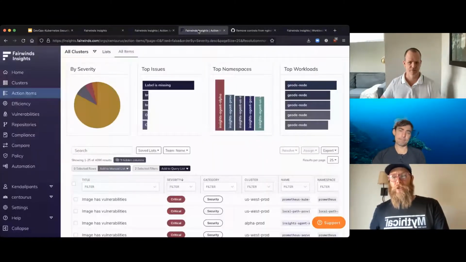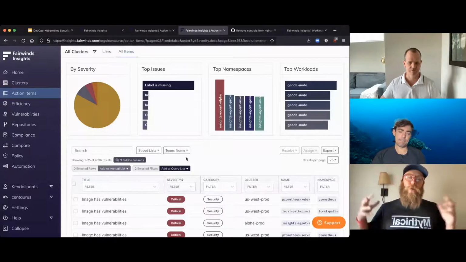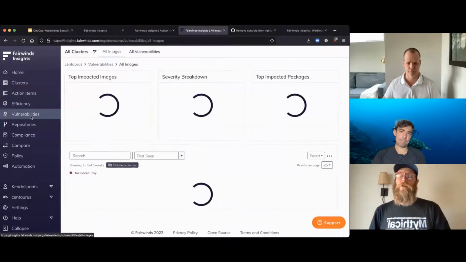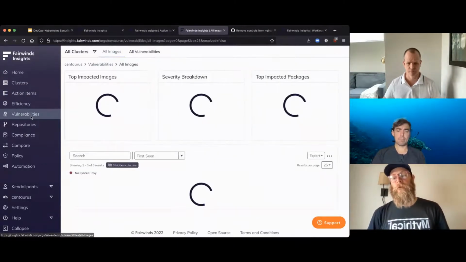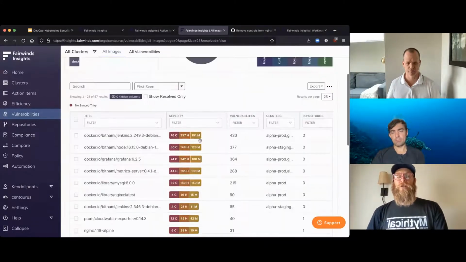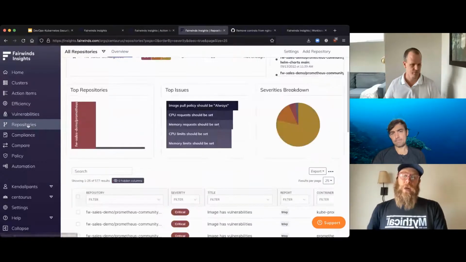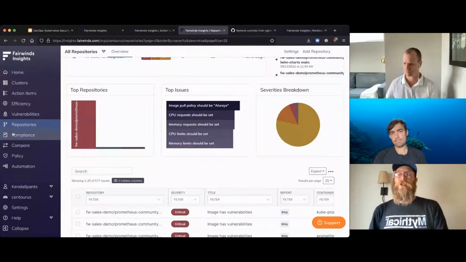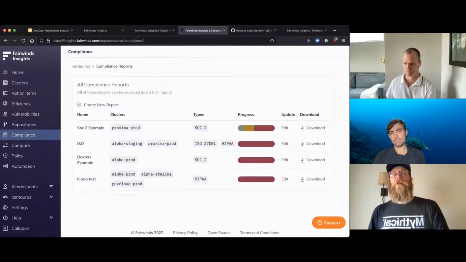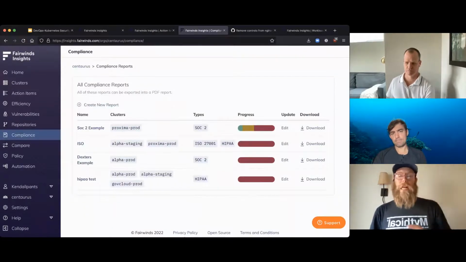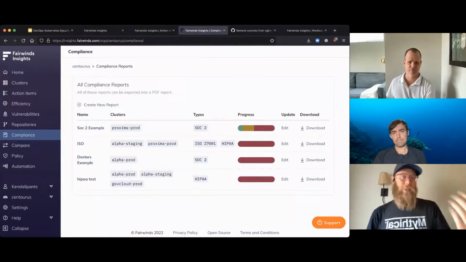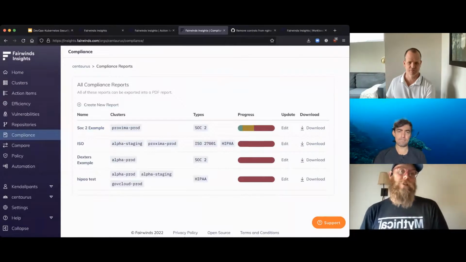So to come back to this, there's a whole bunch more in this platform, including, we will give you an overview of vulnerabilities running in your clusters, the severity of the issues that you have. We can scan repositories, talk to you about compliance. There's ways to integrate this lots of different places, including automation, so you can kick things out to, say, Jira or some other ticketing system that you have when issues are created.